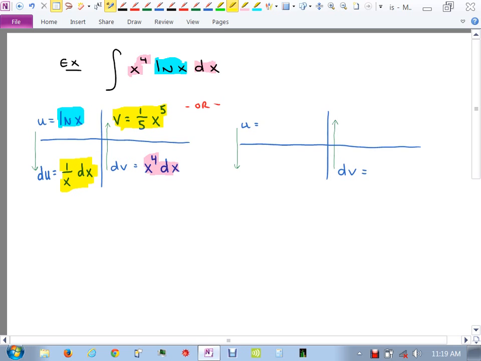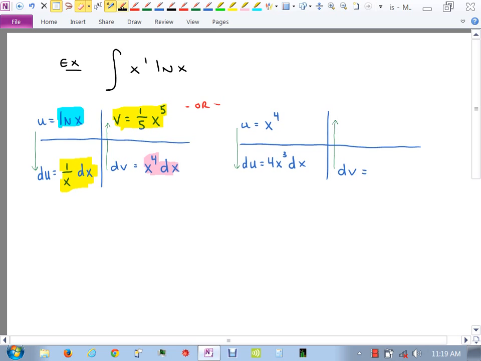But let's say that you had done it the other way. What would the other way be? I choose my x to the 4th to be my u. My du would be 4x cubed dx. Now, my only choice, if I do it that way, my only choice,